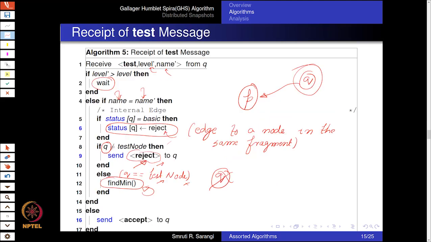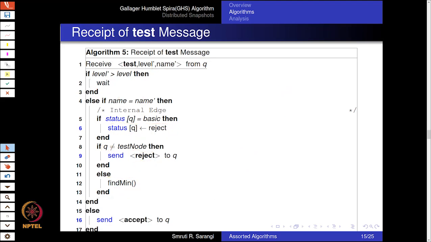Alright, so now let me clean off the ink over here. So the key point is that, of course, if this holds, that Q was a higher level, I wait. Otherwise, we are part of the same fragment, then of course, essentially what I do is I reject Q. Right, the branch is rejected, and I call findMin again because I would like to explore some other neighbor of mine. No problem. Otherwise, if the names are unequal, names are not the same,